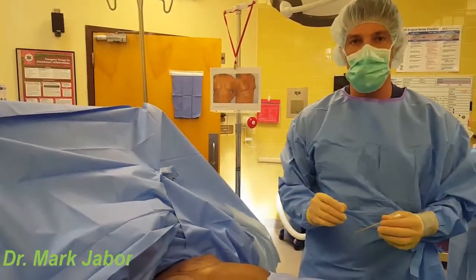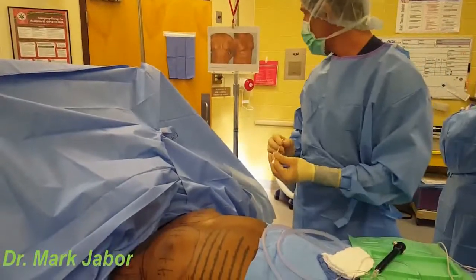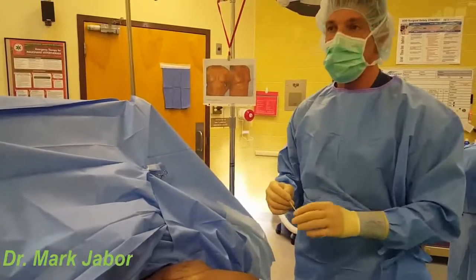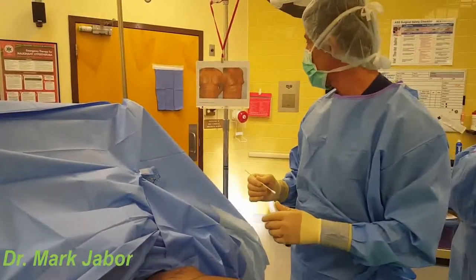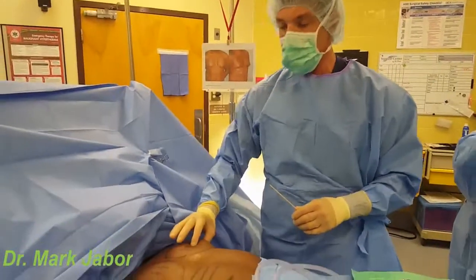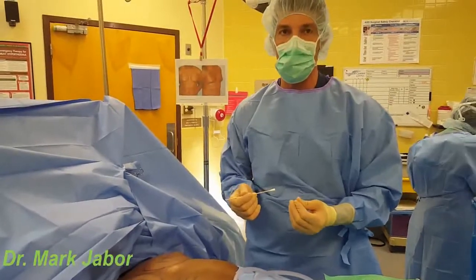Direct removal of breast tissue. So this gentleman comes in, is unhappy with the chest, and would like to have it reduced. On examination, he has both lipodystrophy, or fatty tissue, in the chest, as well as some breast tissue. The breast tissue will not be amenable to liposuction because it's pretty much a solid tissue, so that will have